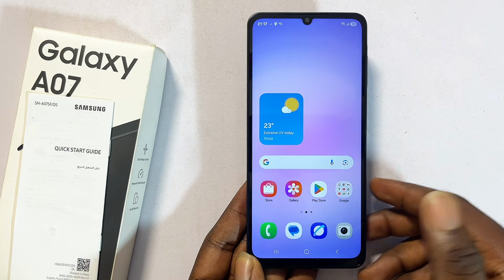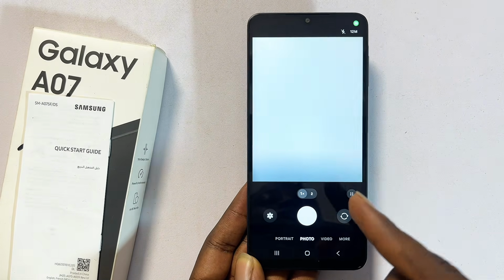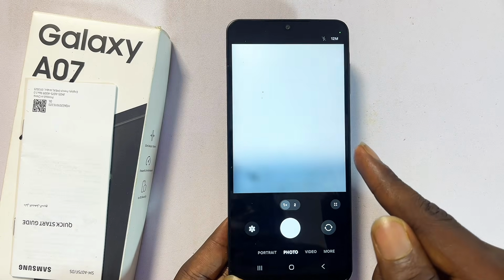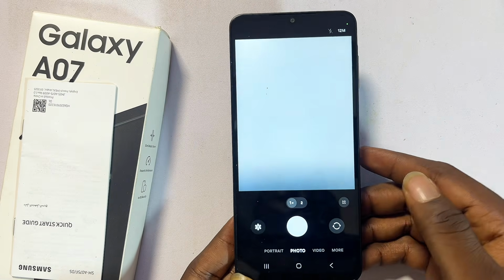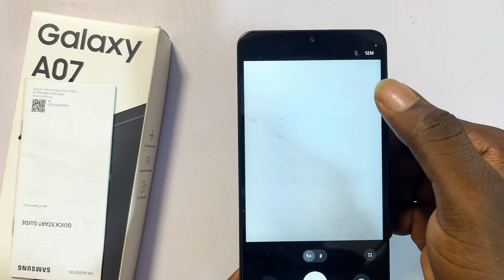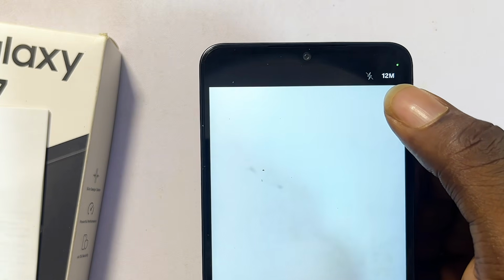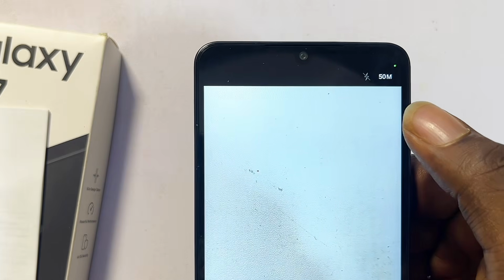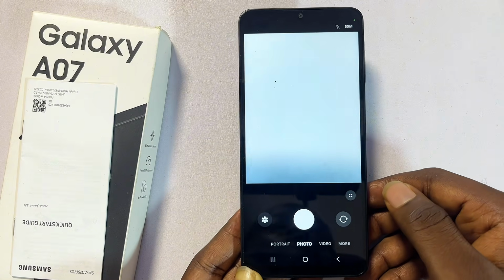First, we are going to be looking at the camera of the Samsung Galaxy A07. Now if you open up the camera of the Samsung Galaxy A07, by default the camera is set to 12 megapixel, even though it supports up to 50 megapixel. And so if you want to be able to get more detailed images on your Samsung Galaxy A07, you have to change from the 12 megapixel to the 50 megapixel, and the way you do that is to just tap on the 12M over here, which means 12 megapixel. And once you tap on it, you're going to see that it will change to 50 megapixel. And now if you take pictures on your Samsung Galaxy A07, you're going to get more details and even clearer